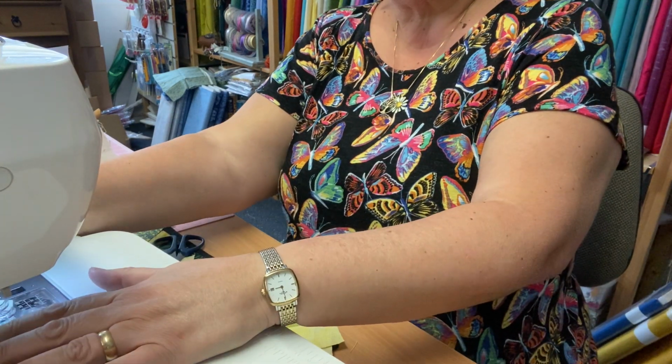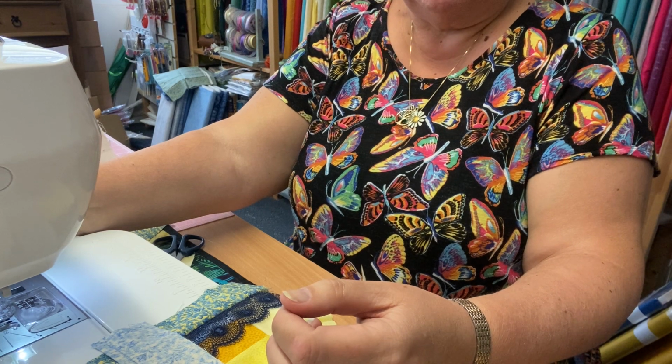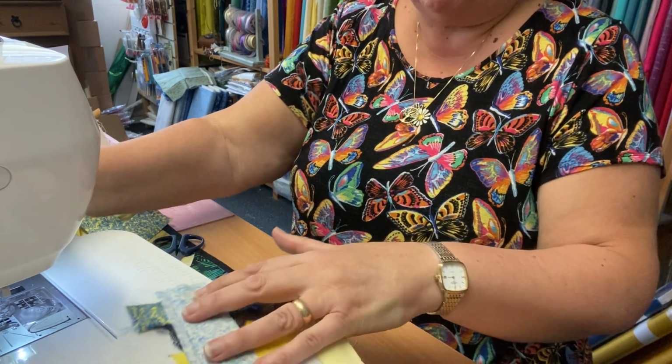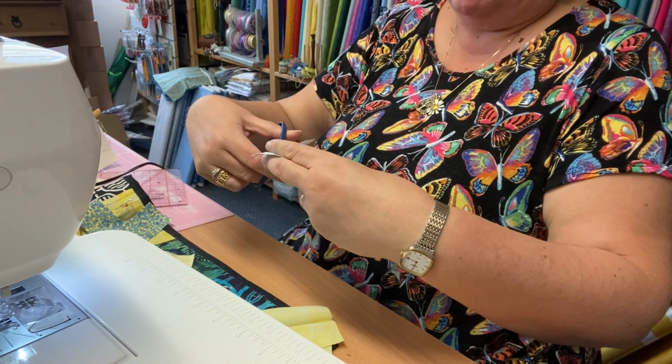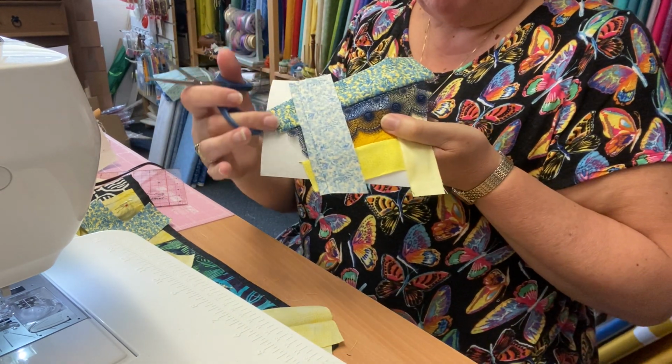Now, this is basically crazy patchwork. Yeah? It's how you do your basic crazy patchwork. At least it's how you did it when I was a kid, when I was first learning. So I'm going to snip that off the edge. All right. Now look, I've got loads of shrapnel